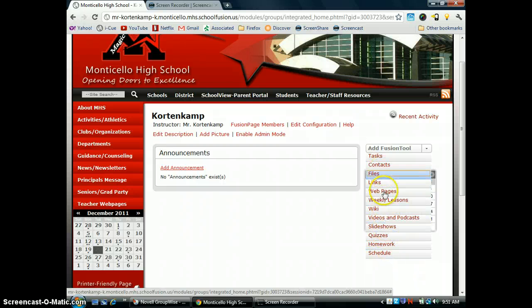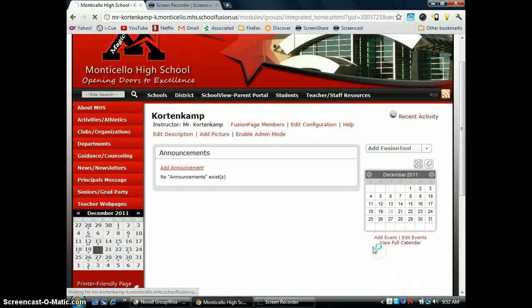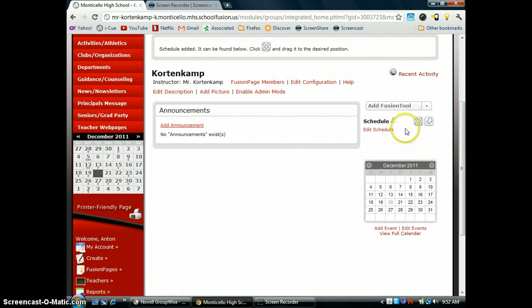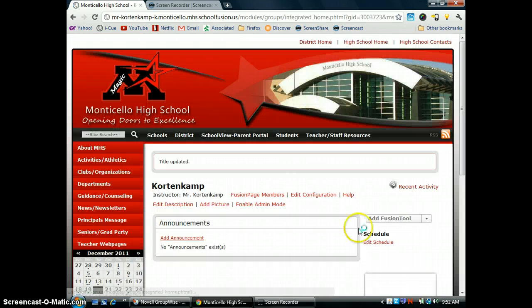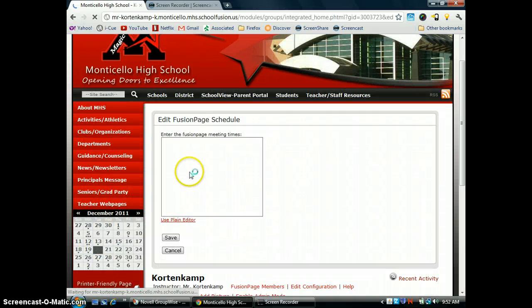Some basic ones to put on there would be a schedule. So if I click on schedule, I'll add it to my sidebar over here. I can click on the pencil to edit the title of the schedule and put in a different title if I want that, and submit to save it. I can add my schedule by clicking Edit Schedule, and then I bring up a word processing box where I can put in my schedule